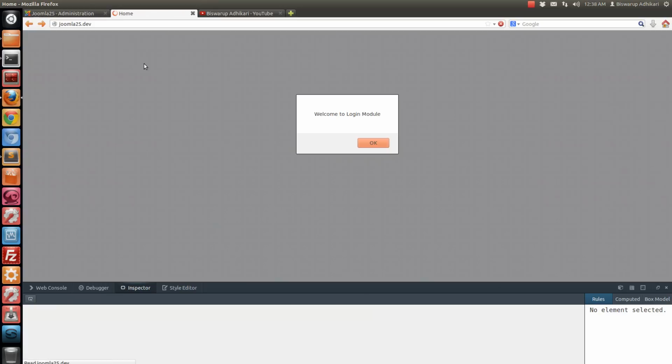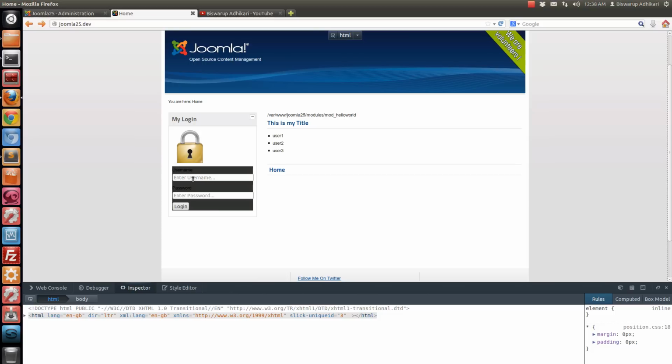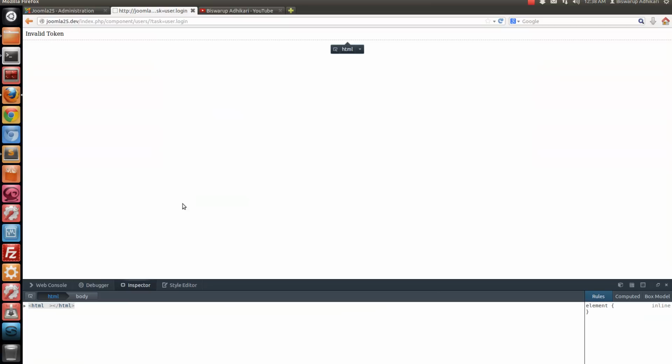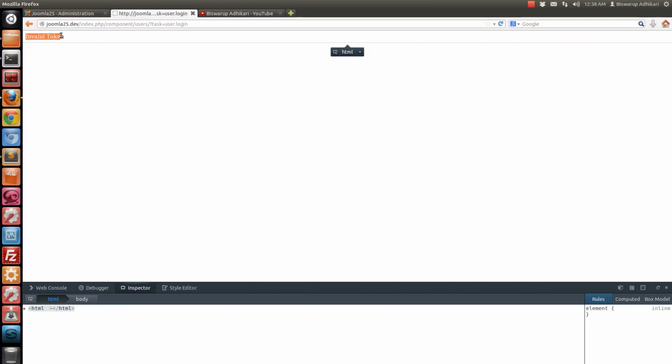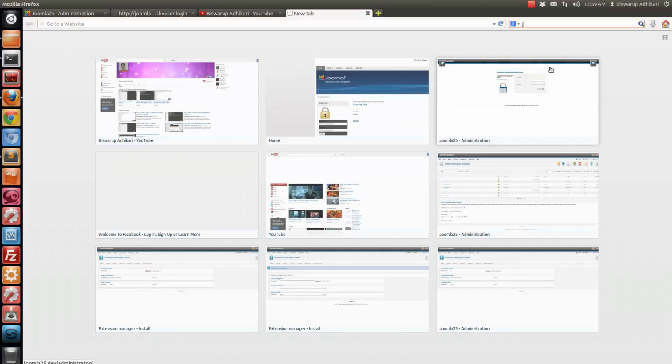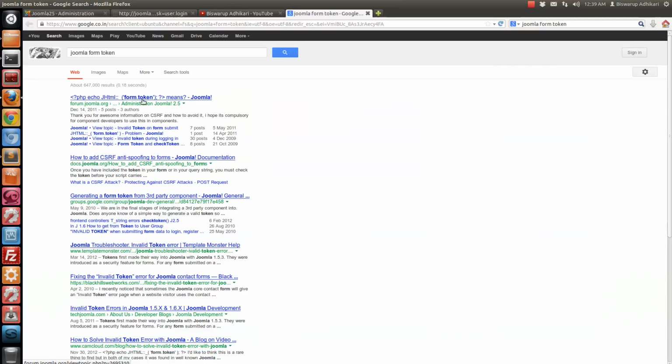Now try this. Refresh, go to the front end. Now enter the username, which is admin, and my default password, and click on login. So here you can see invalid token, because we have not implemented the token in our form. So that's why we need to implement the token. So search in Google for Joomla form token. Yeah, we need to implement these things